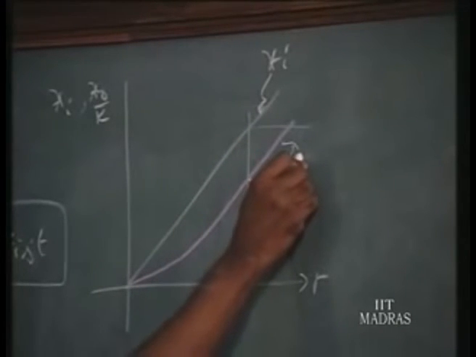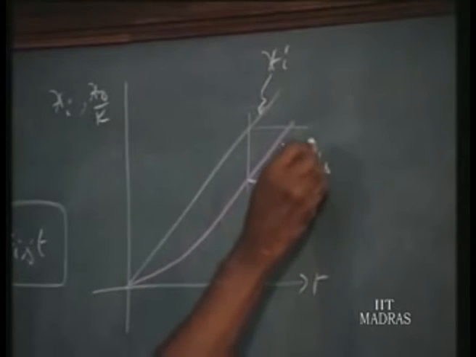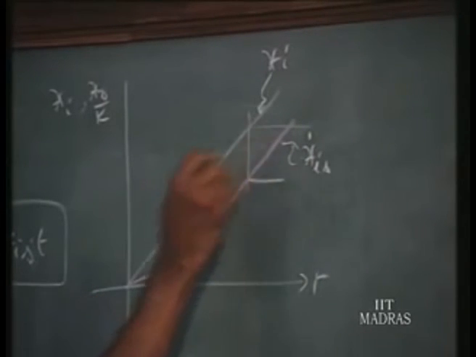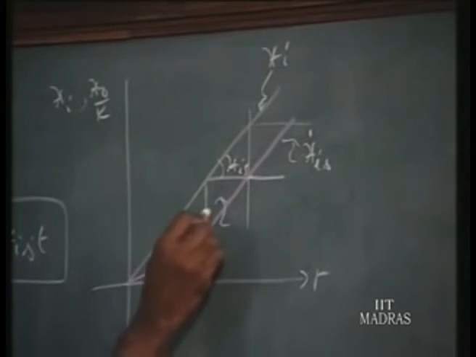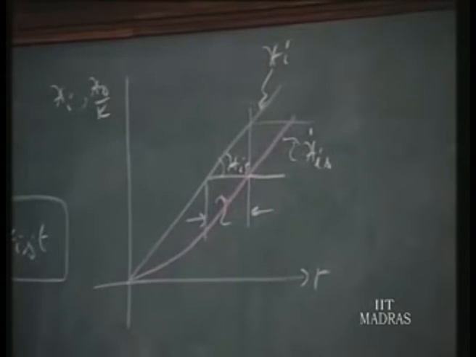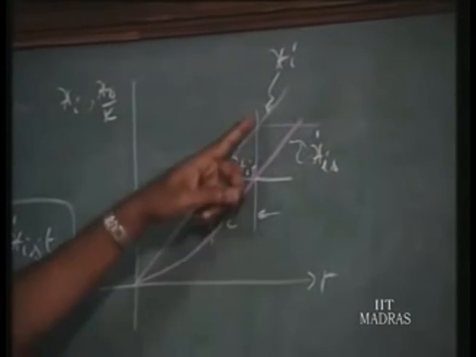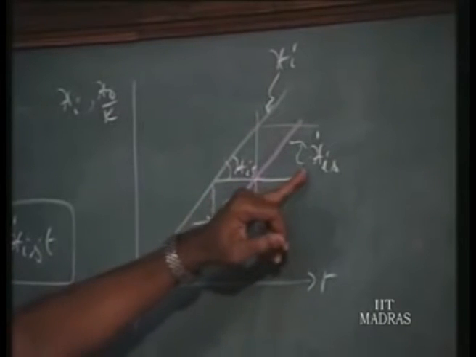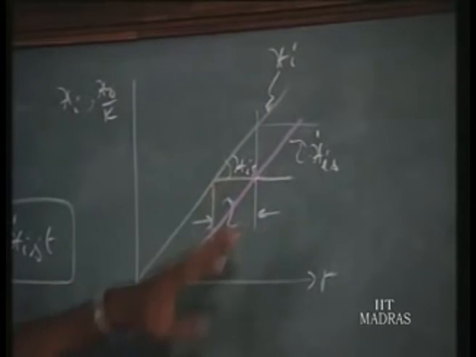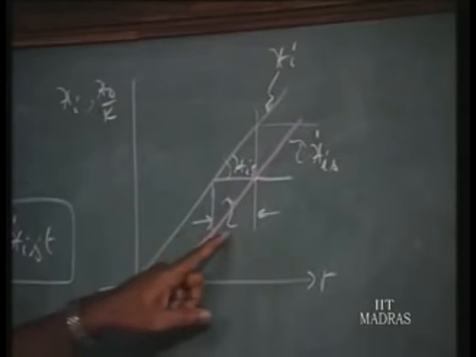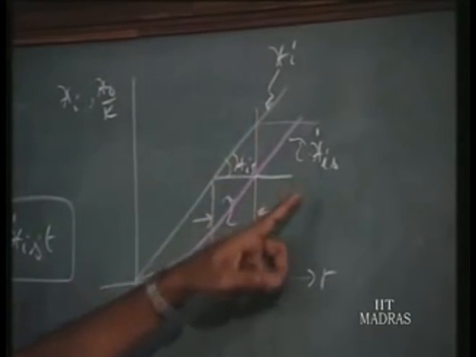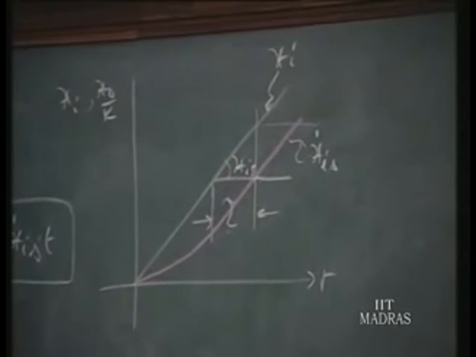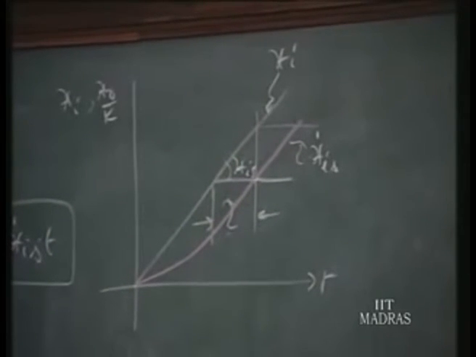Tau into ẋis is our steady state error. The slope is always ẋis, and the steady state time lag is equal to τ. That's why you got this ordinate on this side: τ into ẋis divided by ẋis will give τ. That is how we get it. Steady state time lag is τ in a first order instrument, and steady state error is τ into ẋis. This is the inference we get. That is for the ramp response.